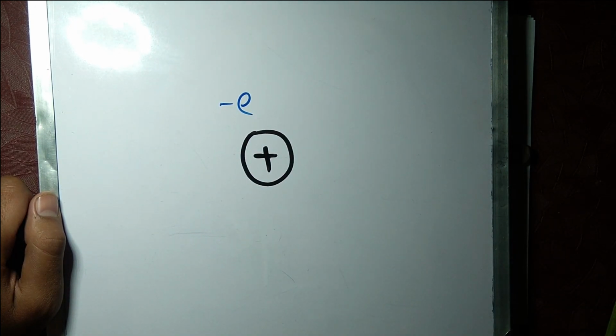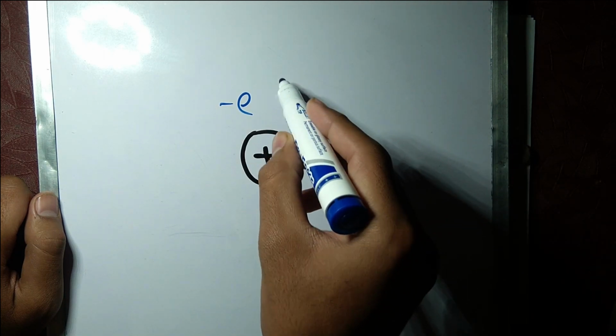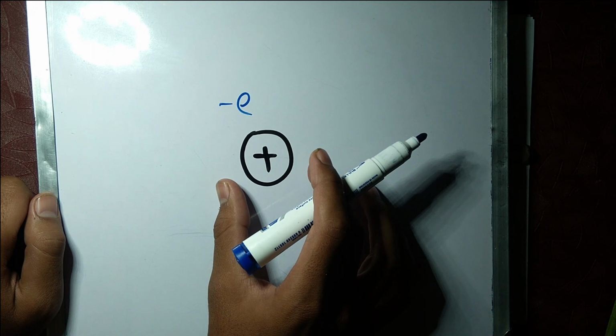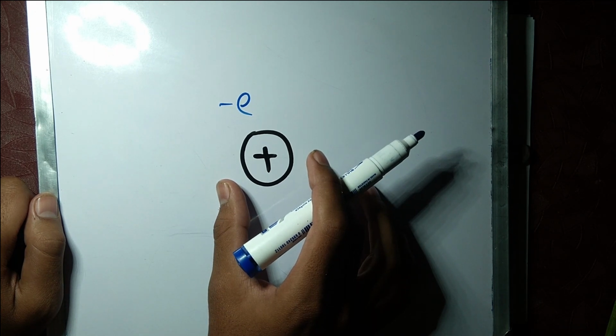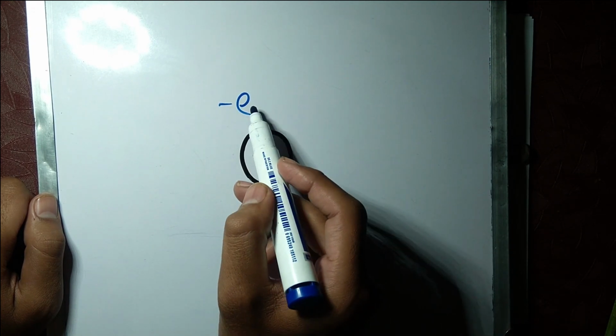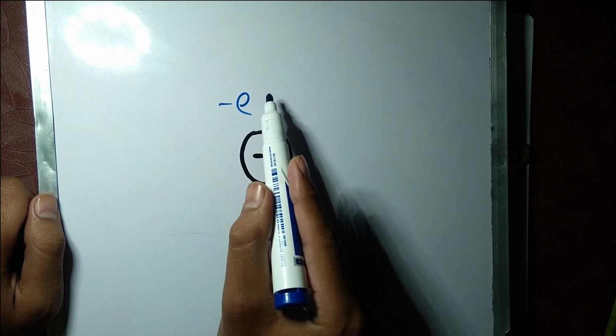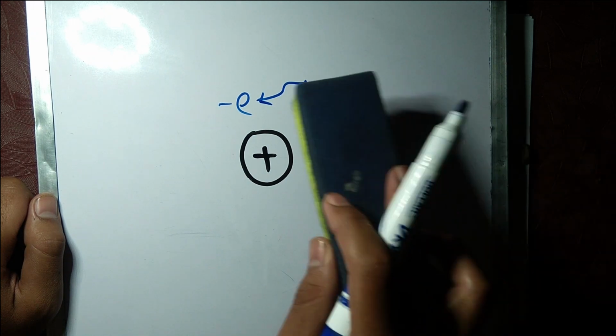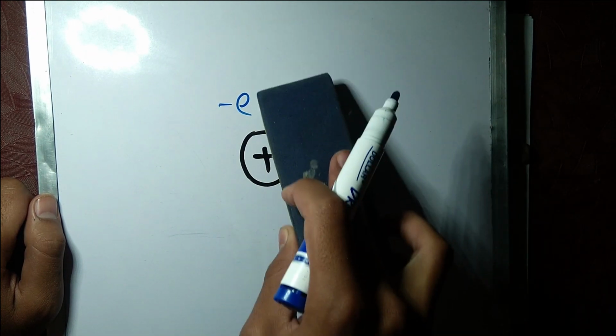When we heat it to high temperature, we get plasma. The electron gets some thermal energy and absorbs it,